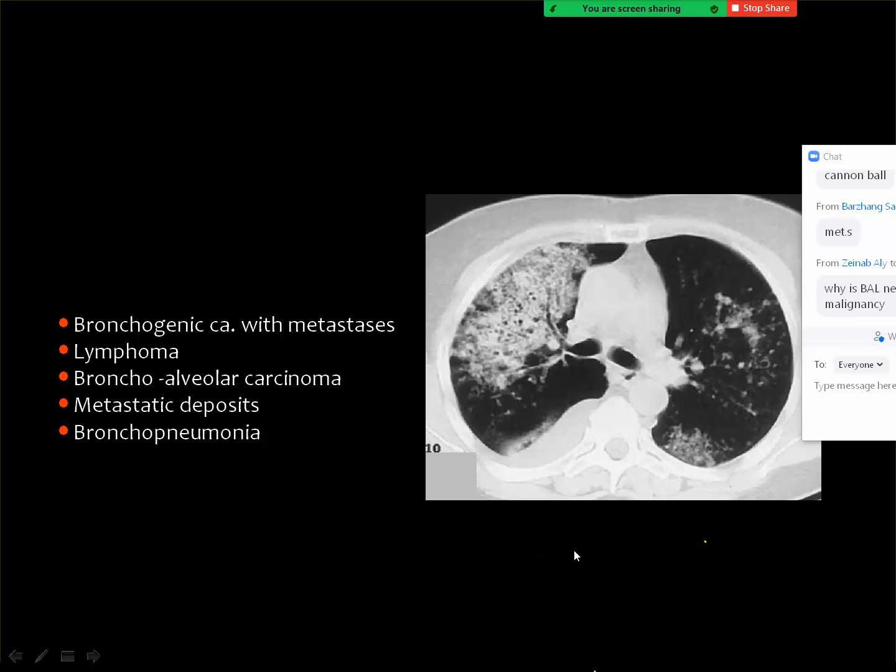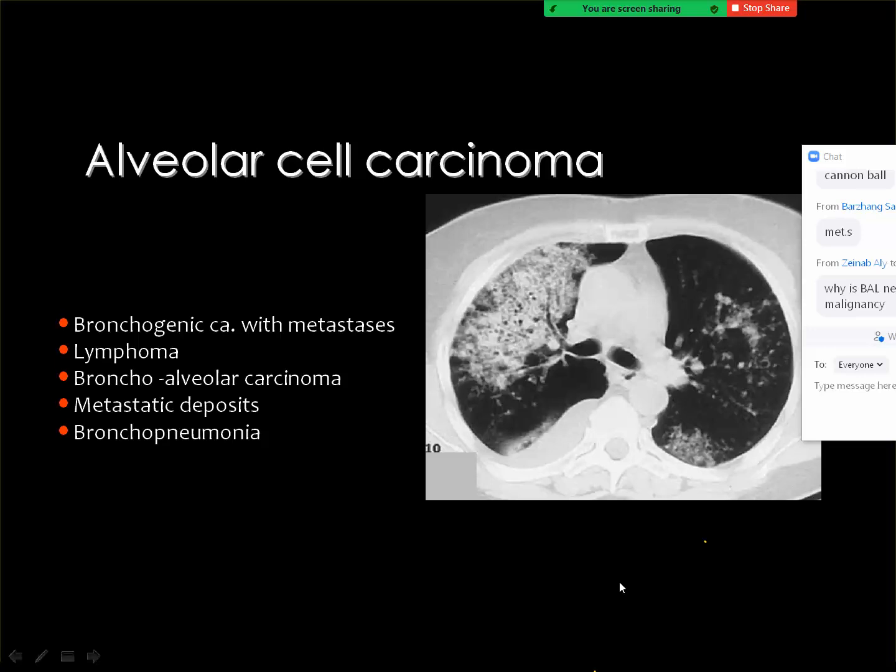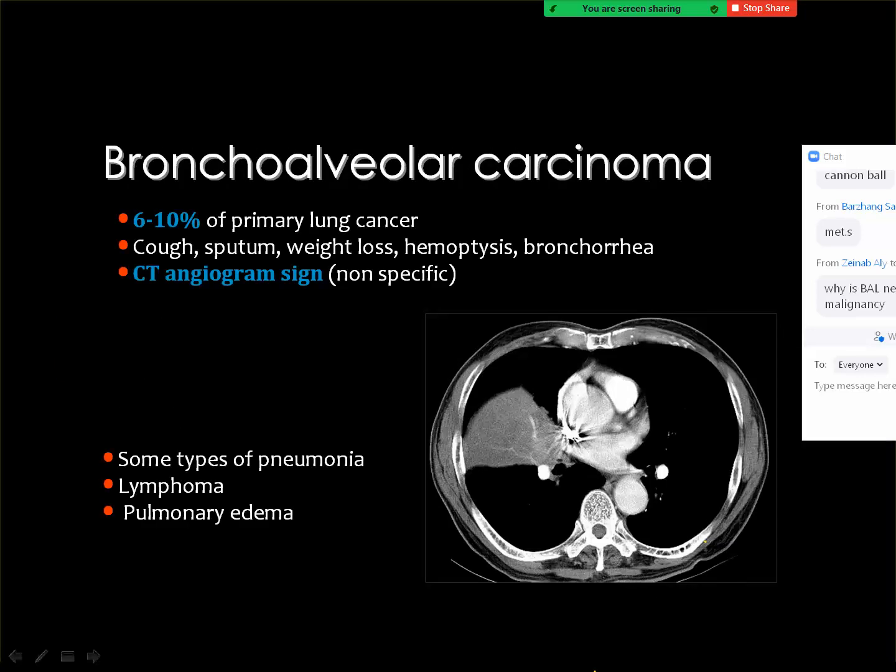You will not see some malignant cells in the bronchoalveolar lavage. Then the diagnosis is bronchoalveolar carcinoma. Bronchoalveolar carcinoma represents about 10% of primary lung cancer, and this is the presentation. Bronchorrhea means a lot of watery sputum, and the CT angiogram sign, which I emphasize, it is